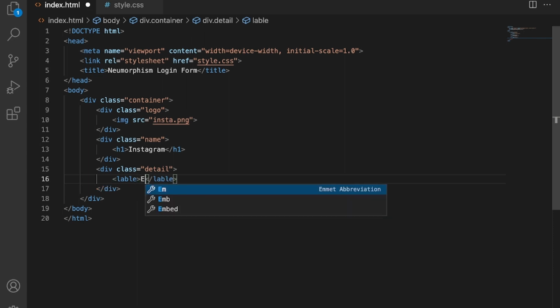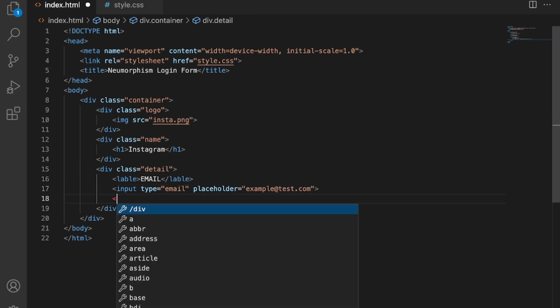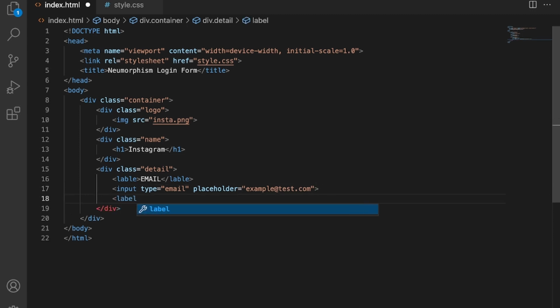So here I will write email, and now I will define an input with type of email, and in placeholder I will write like example@test.com, and here again I will use a label tag, and now I will write password,